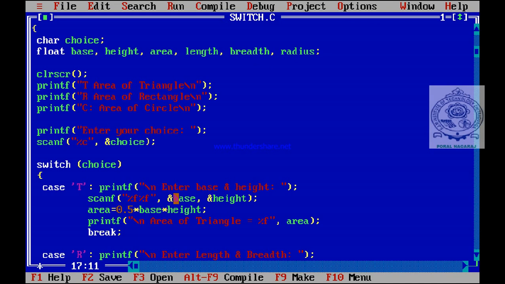So this is about the basic fundamentals of the scanf statement, printf statement, if statement, if else statement, while statement, do while loop, for loop and switch. So if you have any doubt, repeatedly watch this video, and you can become perfect with all these statements. Once you are perfect with all the statements, you can write any program.